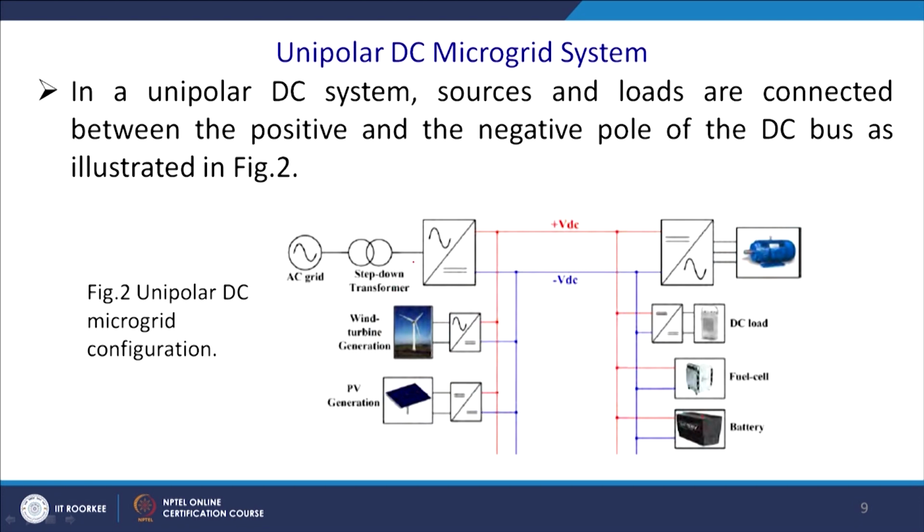You have a step down transformer, and thereafter an AC to DC conversion interface, and thus you get a DC voltage. The blue line is the 0 potential line, as has been considered. Again, you may have a wind turbine whose output is converted into DC and fed into the DC bus, and you may have solar with MPPT tracking and the same scaling or boosting. So you get the same voltage, and these are your AC to DC applications.